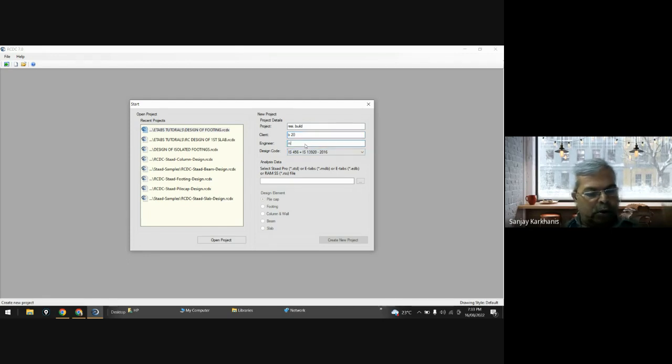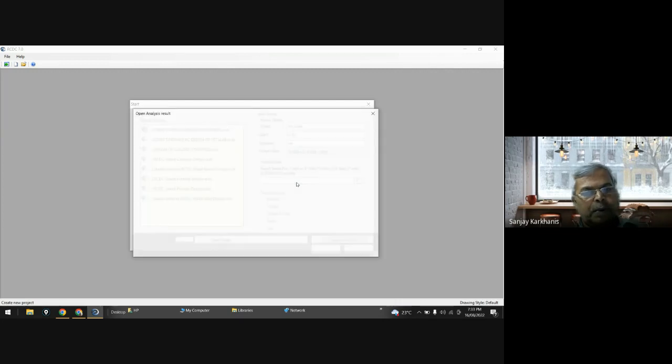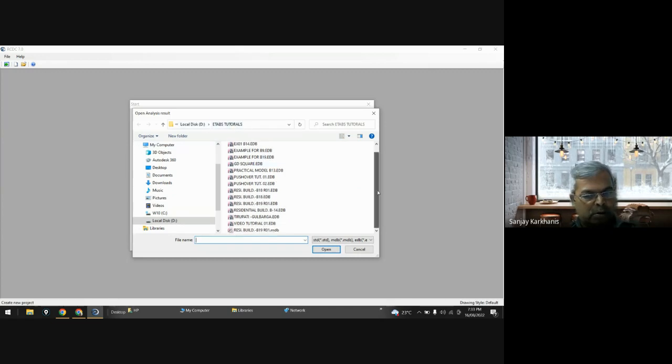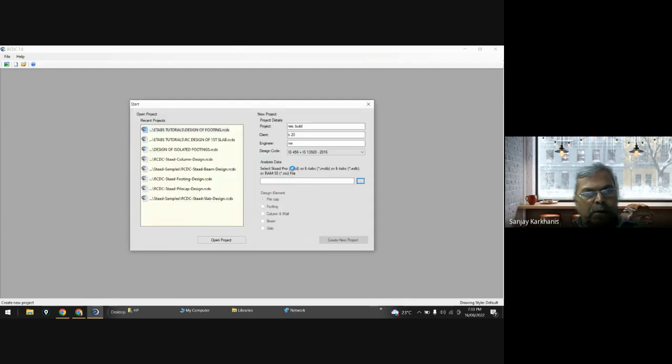Engineer, you can say me, and this is the address where you have stored your MDB file. It has been stored in a tab tutorial, and let's say this is your file. Click open, so the address will be given to this, and then you can see we have checked for footing,